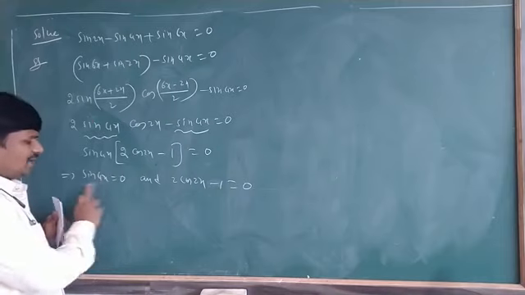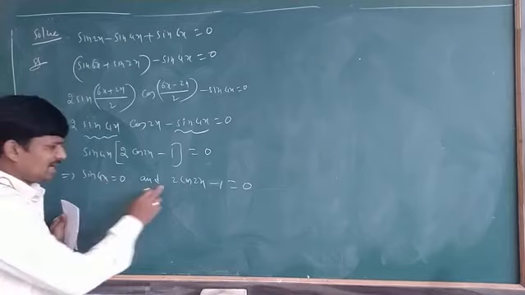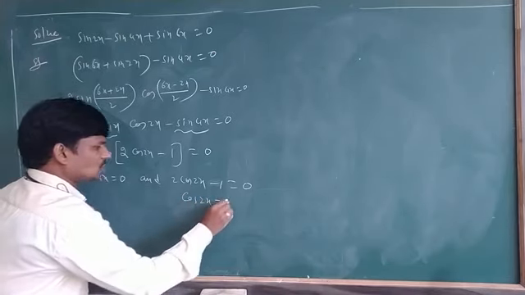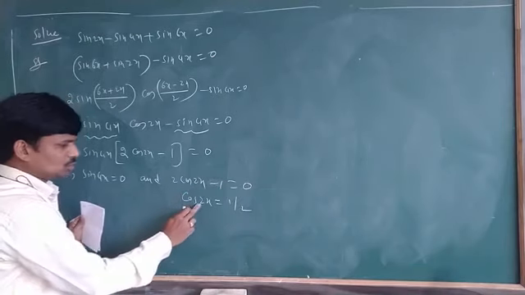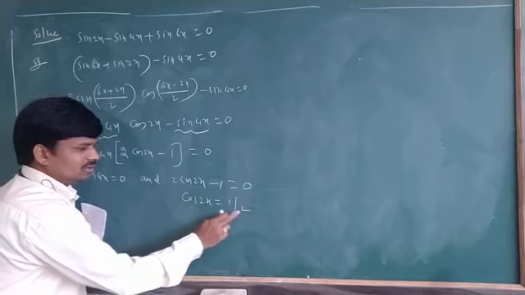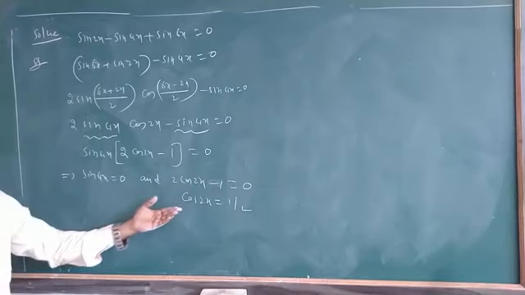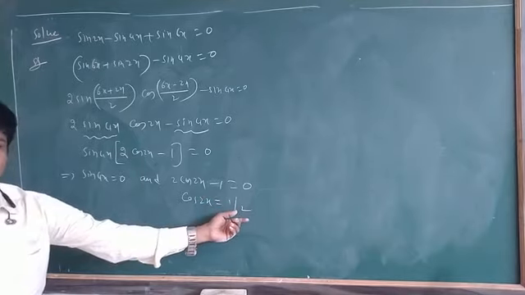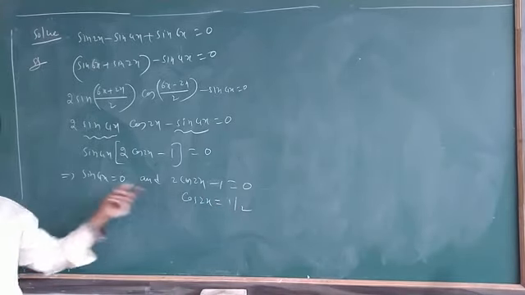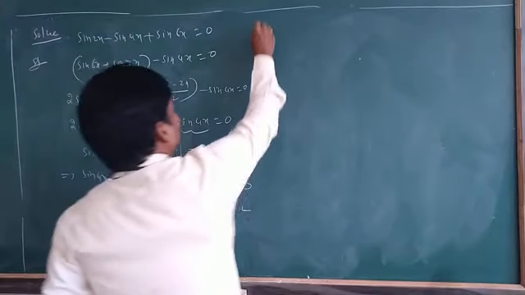Clear? So what did we get? The sin x is equal to 0 form, but here x means 4x. And here, cos 2x is equal to 1 by 2: transfer the minus 1 to this side, and the 2 to the other side, so cos 2x is equal to 1 by 2. So it is the cos x equals cos alpha form. Are you understanding? In two equations it is solved: sin x equal to 0 and cos x equal to cos alpha. So you got two different equations, and we have to solve these two to get the general solutions. Just observe here, first case 1.